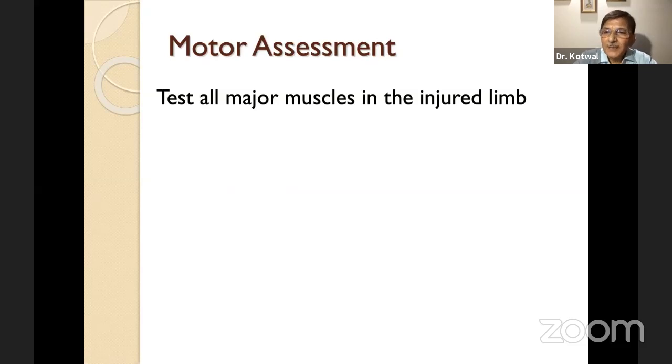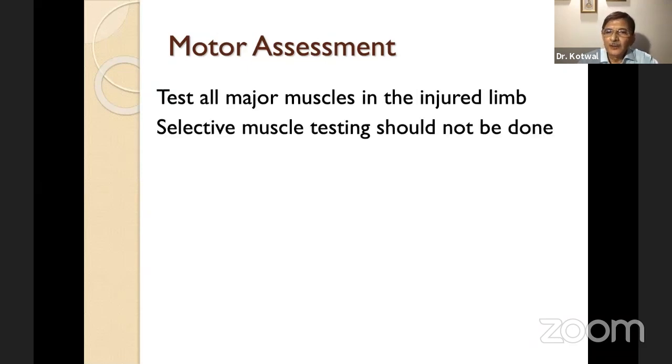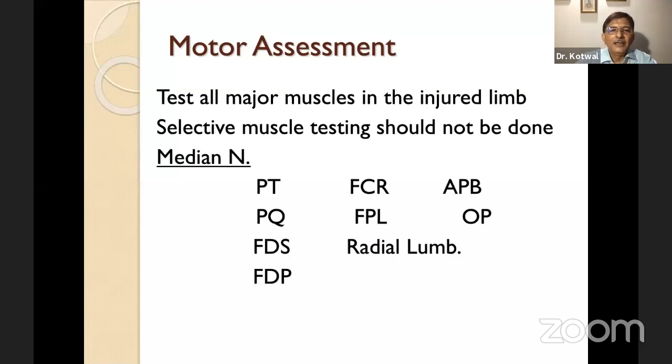In the motor assessment, one must test all the major muscles supplied by the particular nerve in the limb. Selective muscle testing should not be done. For example, in the median nerve, you should be able to test all these major muscles: pronator teres, flexor carpi radialis, pronator quadratus, and so on and so forth. That will give you the localization as to what is the level of the injury, if at all,